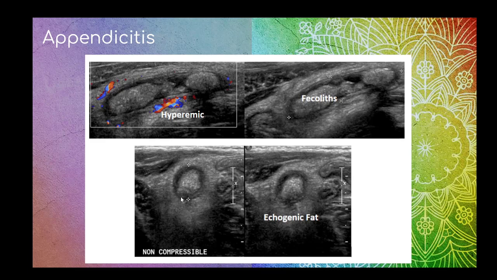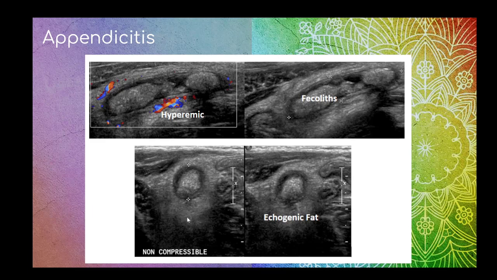And then we switch to transverse and we get a little bit more of a target view. When the internal contents are brighter, that usually represents appendicitis as well. And pay attention to what it looks like around the outside of it. See all this really bright white kind of fuzzy? That's that fat stranding or increased fat echogenicity around